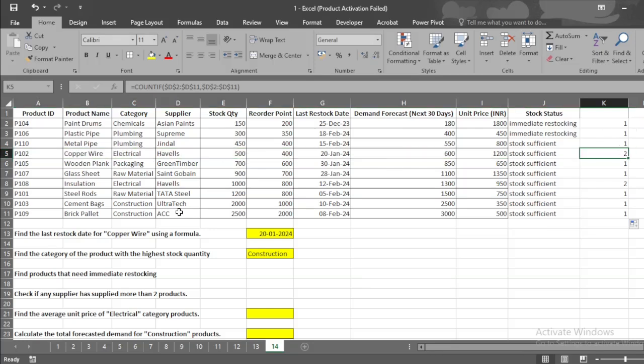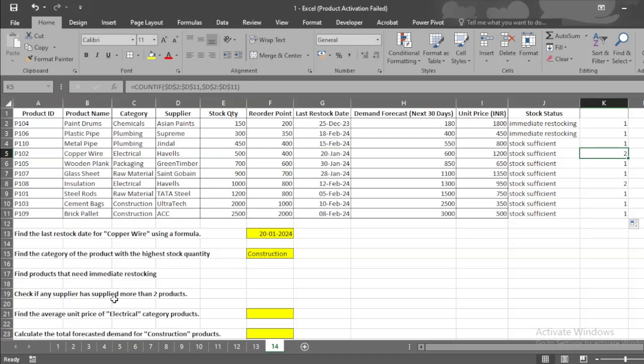But now we have to check if the supplier has supplied more than two products. So we have to check if this count is greater than two, and accordingly provide the result.